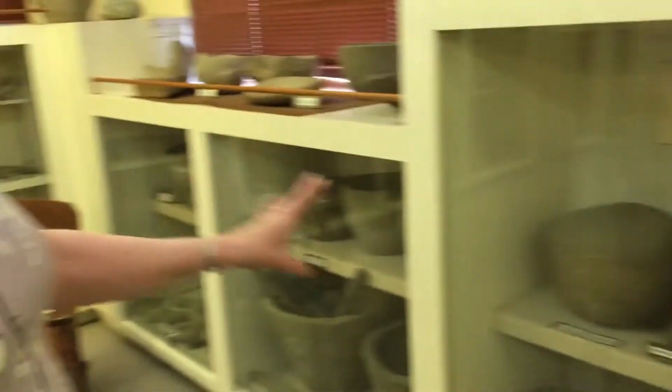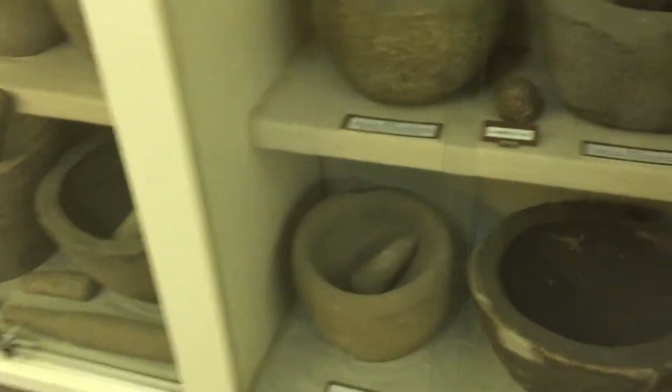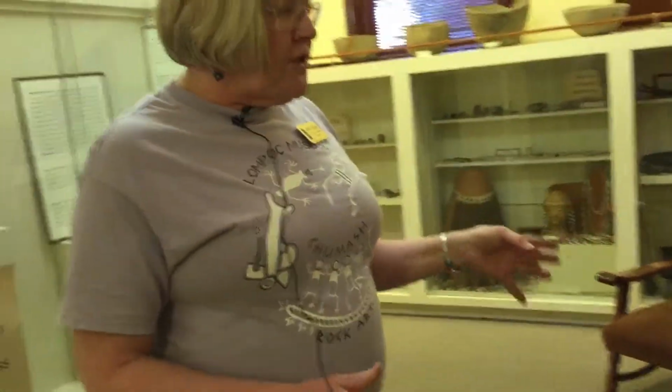And then in addition, these are some of the stone bowls. We have a very large collection of stone bowls that are Chumash. And then this one shows kind of the stage. It's the local rock. I mean, there's sandstone, there's basalt, they're just local rock. And the interesting thing, these bowls they used to grind acorn, which was one of their primary food sources, and